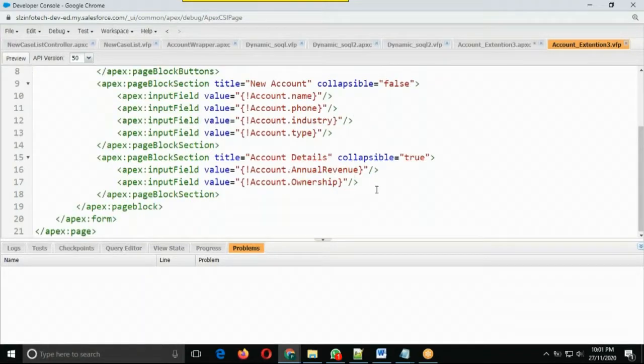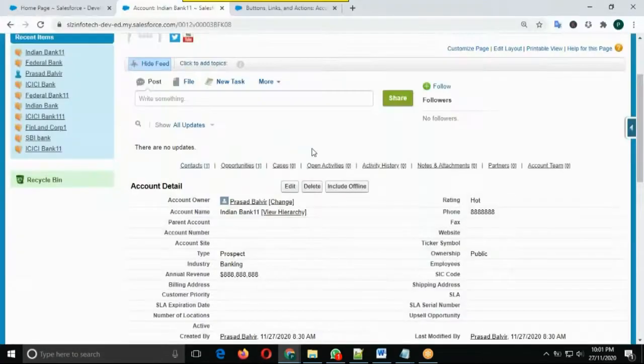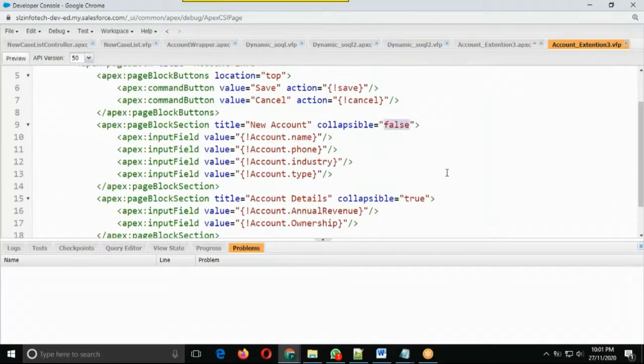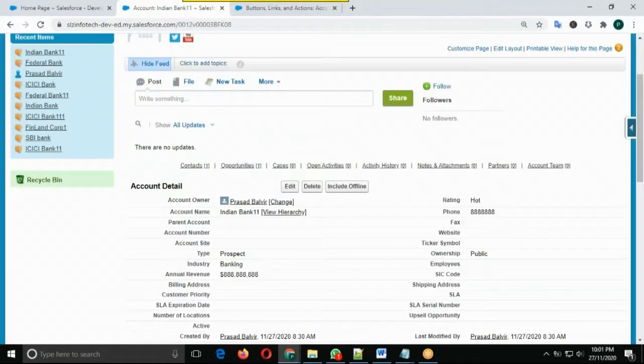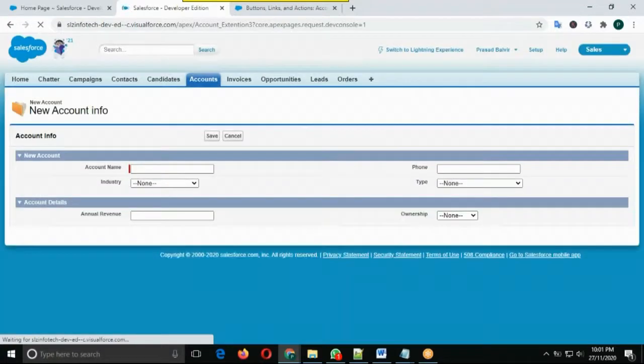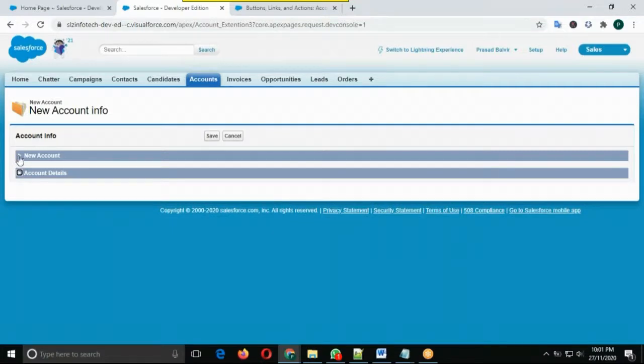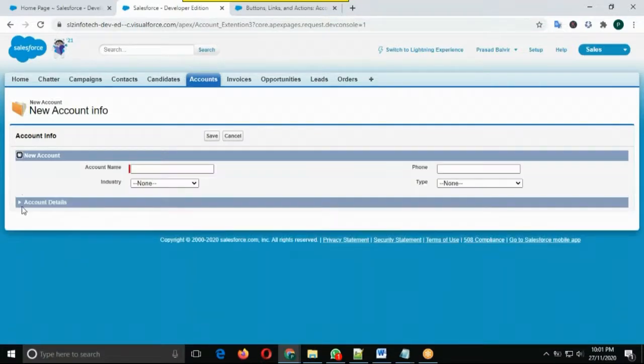And annual revenue should have the collapse option, but it is not collapsing. Collapse equal to true. Now it is collapsing. Okay. So this feature is not provided by Salesforce, right?